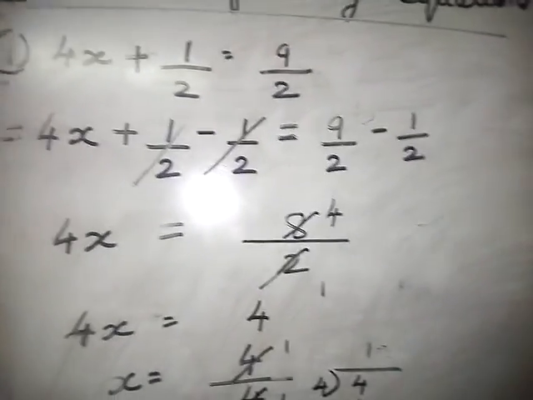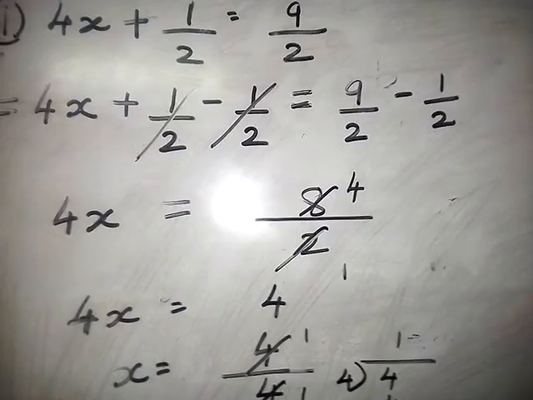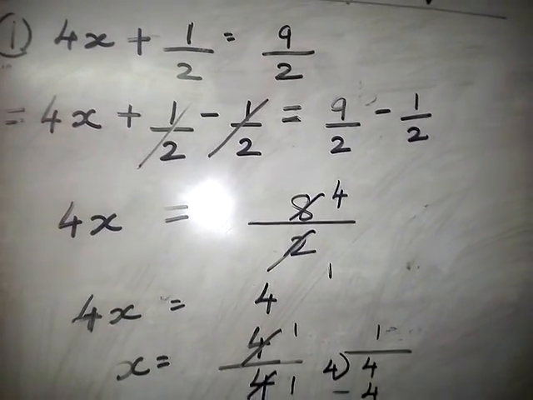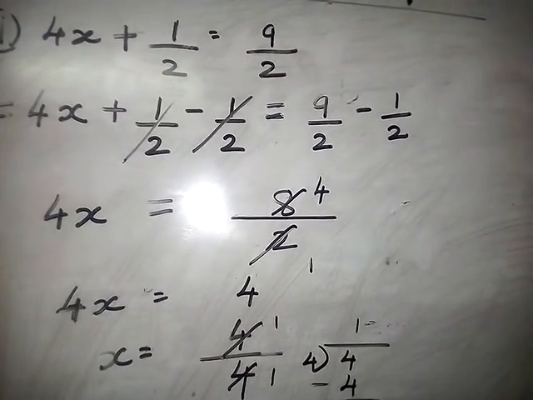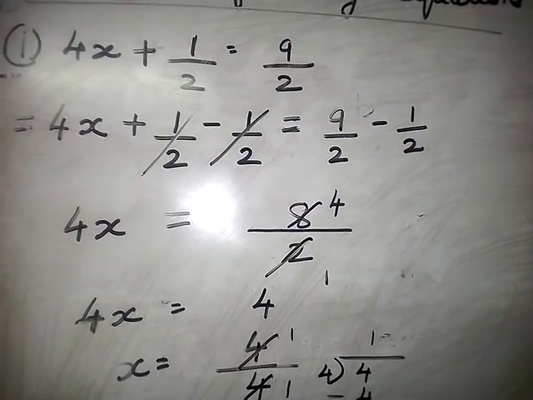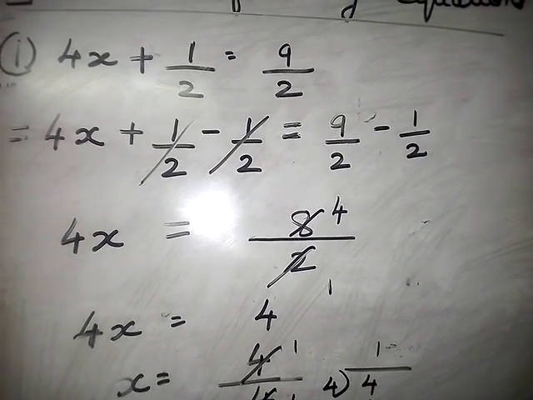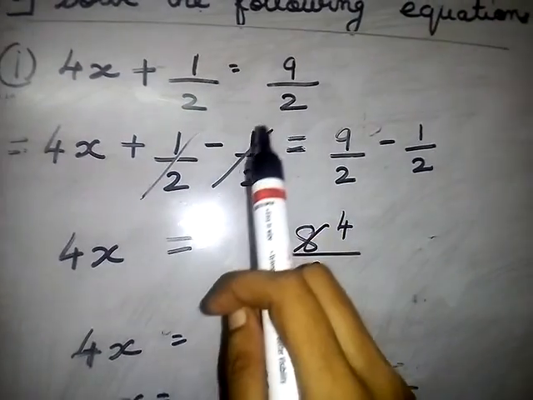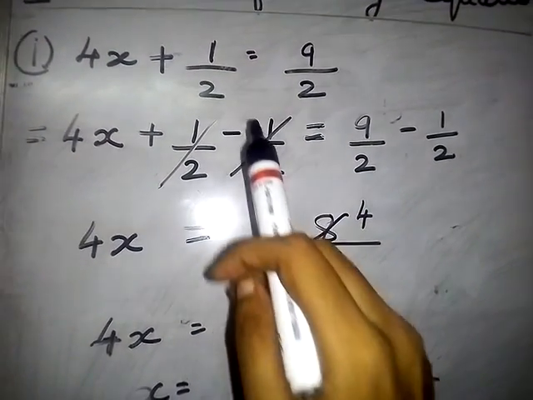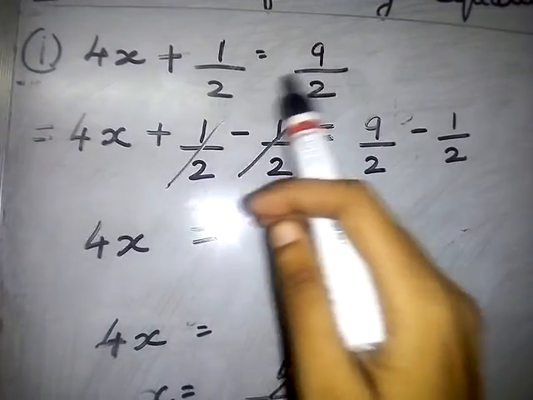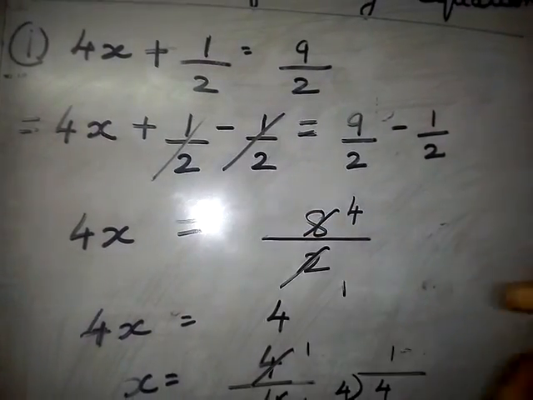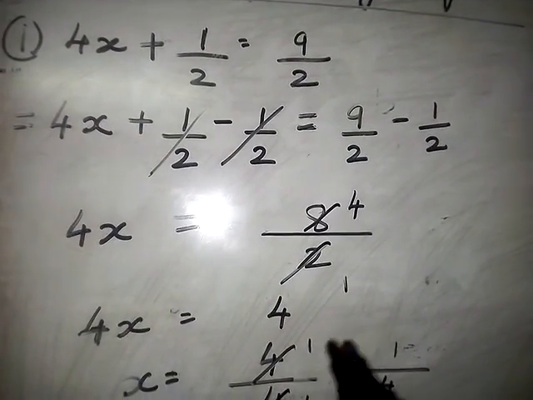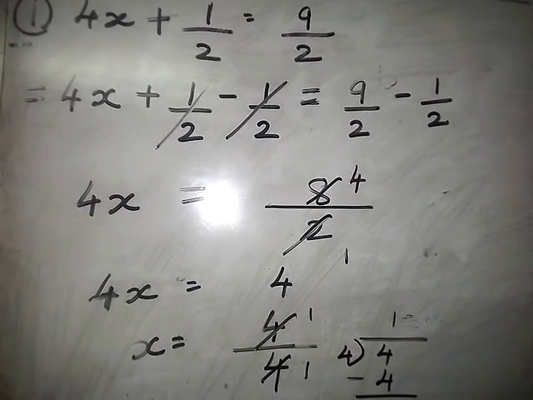How to solve these equations? This you already studied in class 6th. You have to follow the same rule. If subtraction is given on the left side, you have to take the opposite sign, plus. After the sign, whichever number is given, that same number you have to take on both the sides, along with the opposite sign which you are taking.